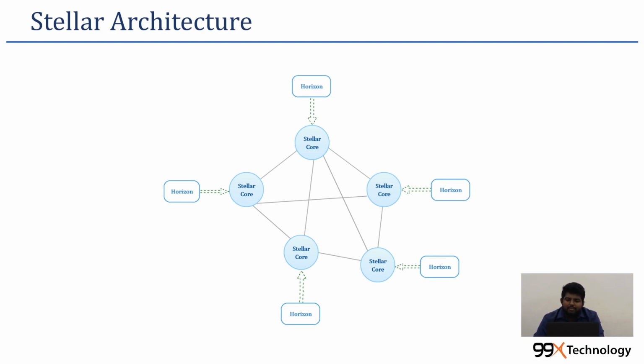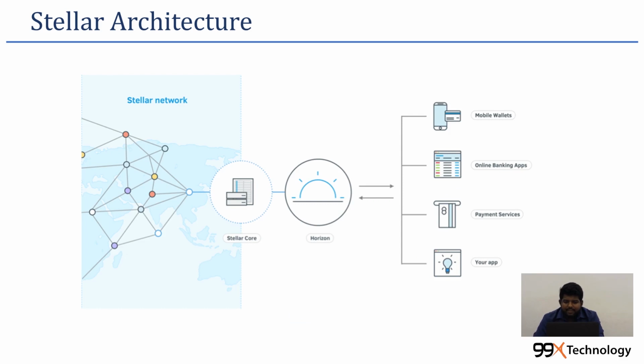But if you want only application API calls and retrieving the information, you can only use Horizon. But the two things combined together are called one of the nodes, and each core will be connected to other cores in a decentralized way, the same as how other blockchains work. So if we take the Stellar architecture in more depth,